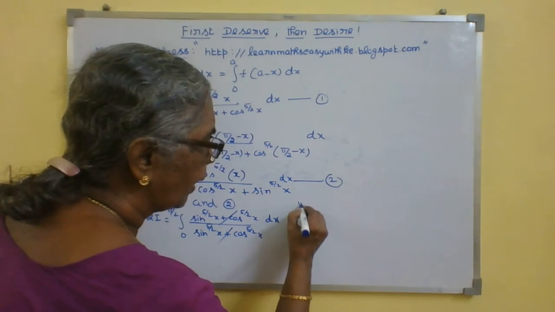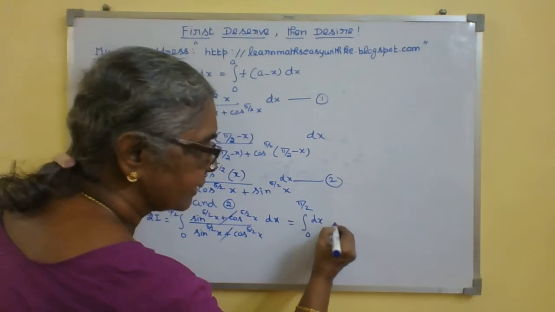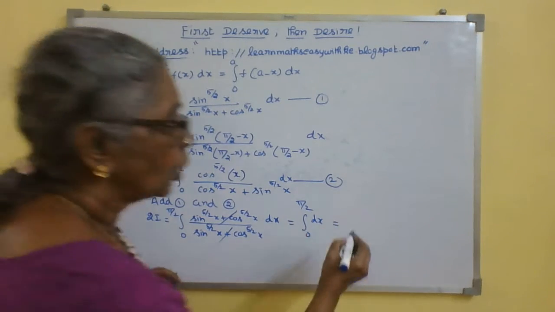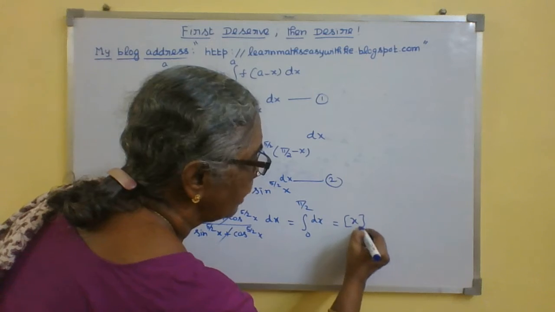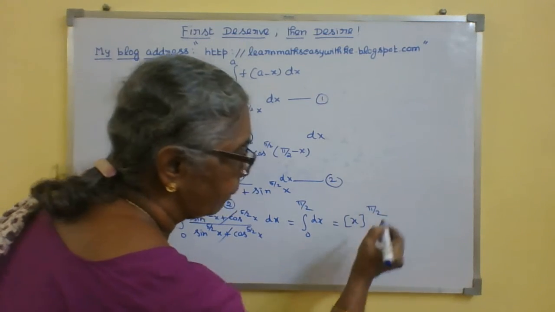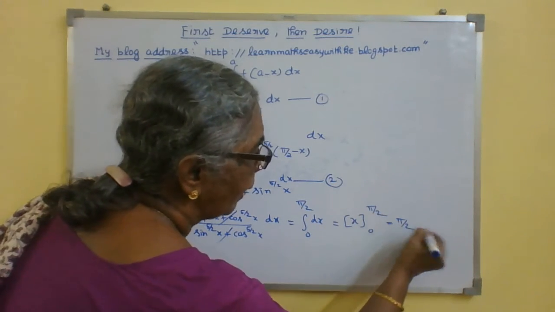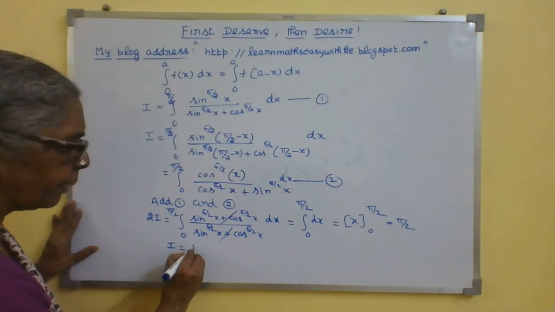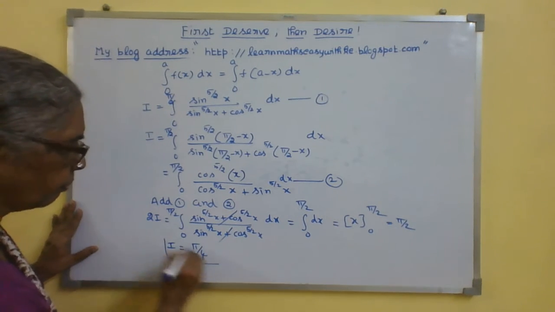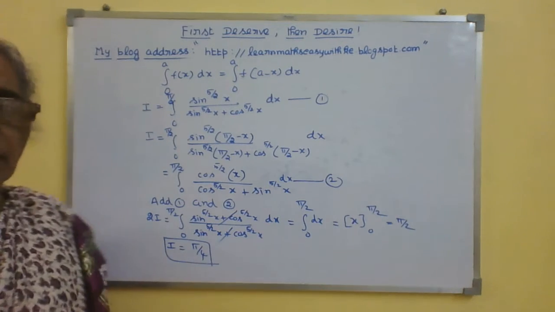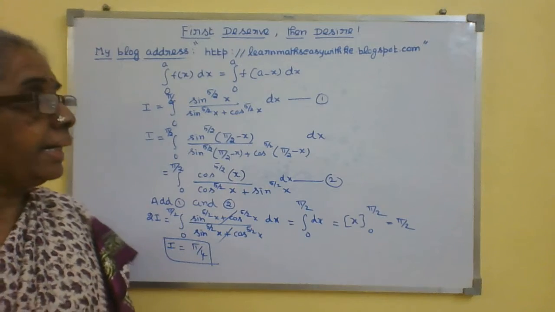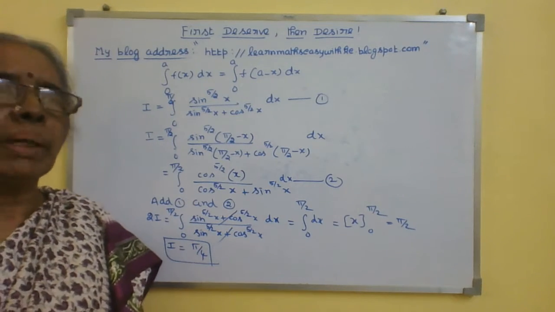So what do you get now? Integral 0 to pi by 2 dx. You know when you integrate dx, actually it is 1 into dx. You will be getting an x. The limits will be 0 to pi by 2. So you will be getting pi by 2. Here you have 2I, remember that. So your I will be pi by 4. So the sum is only simple, but the concept you have to understand, because in any sums of this type you will be using this.